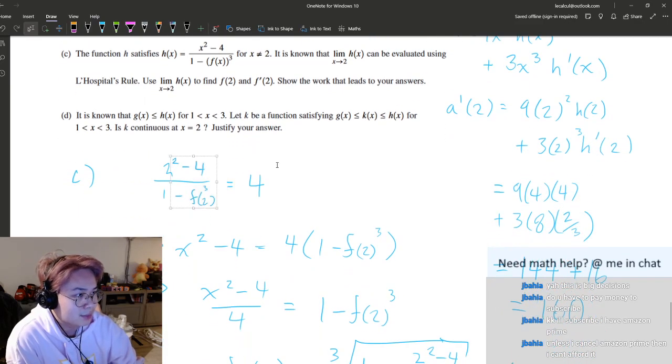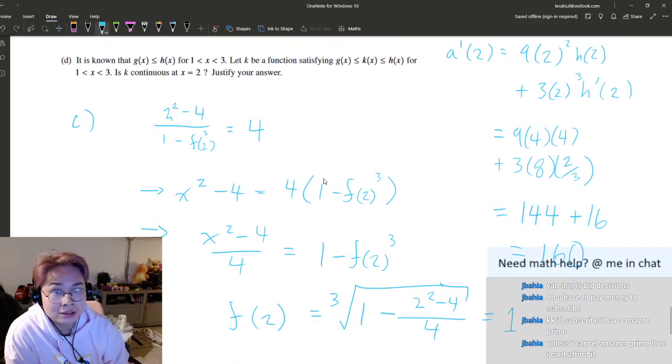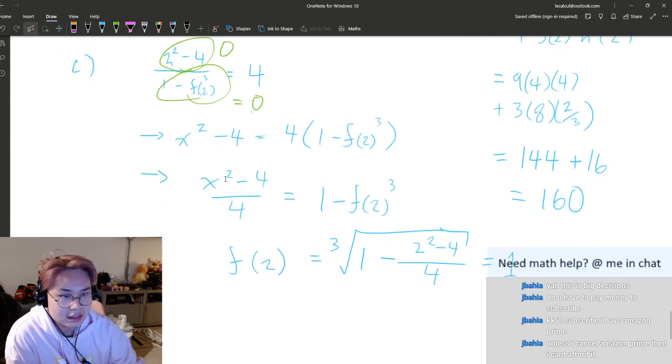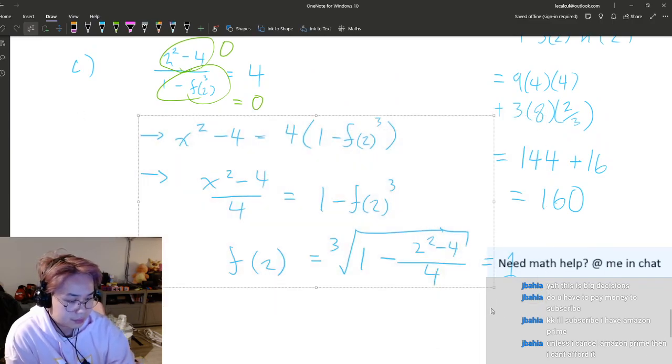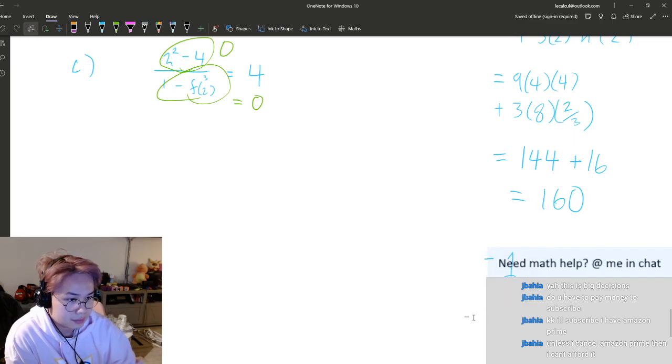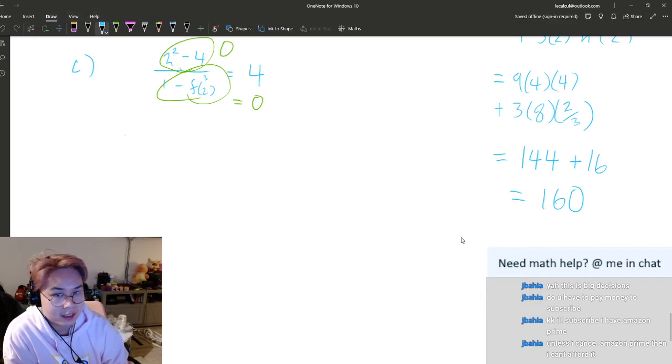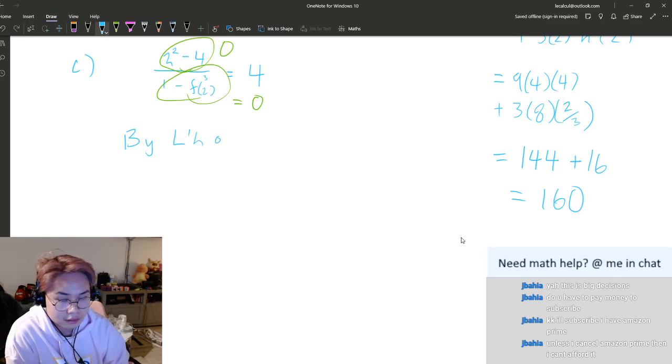So this is indeterminate. Because I know that this is 0, this essentially implies that this is equal to 0. So we can more or less just skip all of this extra algebra work. And then, you know what? Okay, so by L'Hopital, or not even by L'Hopital, but